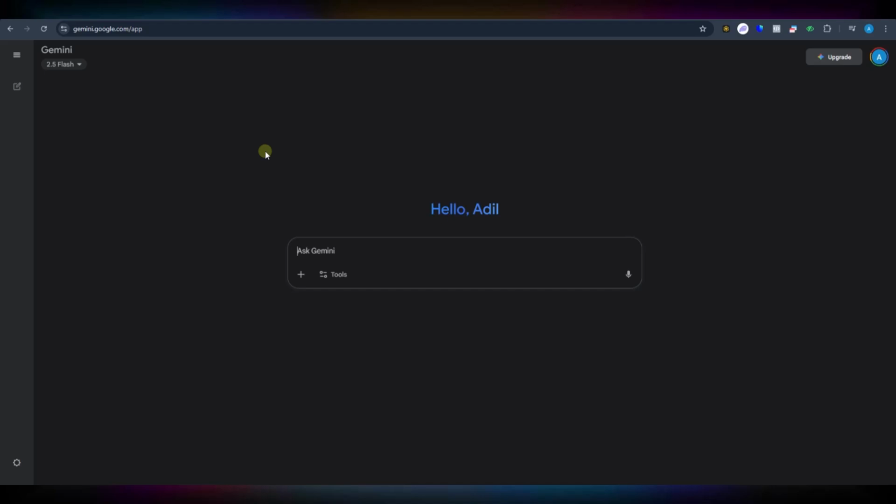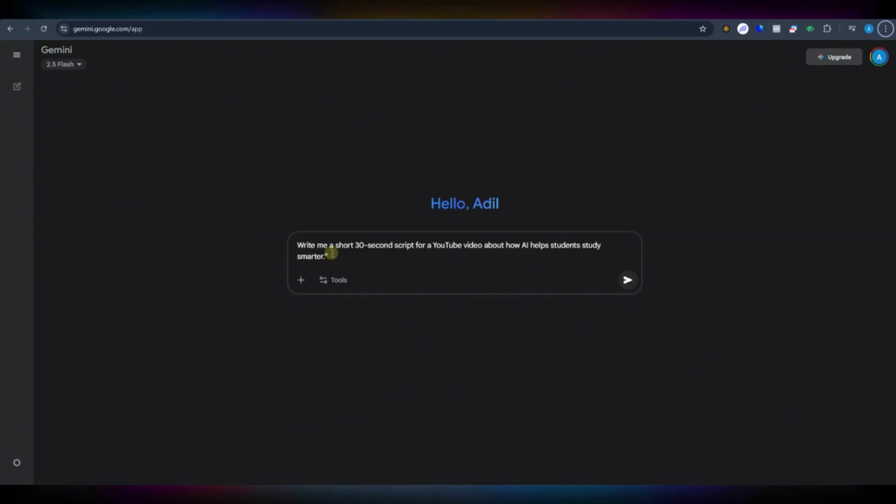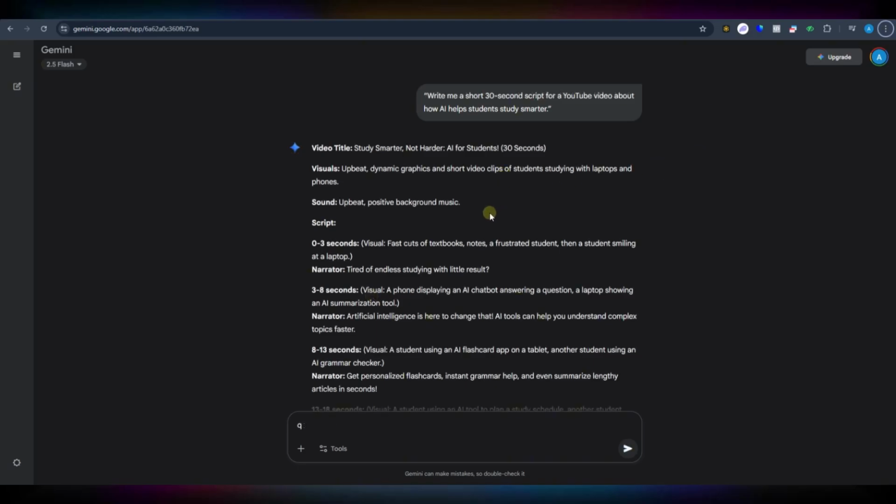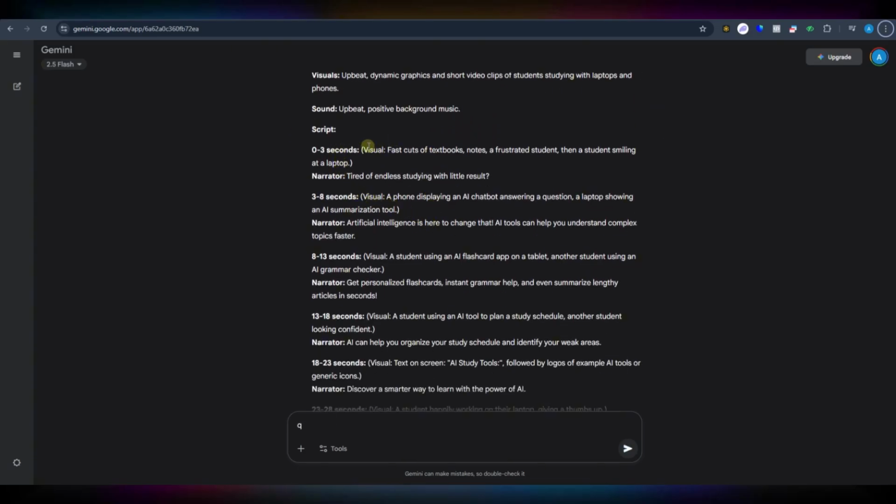If you have a video idea, you can simply drop it right here, or you can ask Gemini to create those ideas for you. Here, for example, I have this idea of a YouTube video, and that video will be 30 seconds. So I'm just gonna generate a script for that video using Gemini. And once you have got your script, all you need to do now is copy the script,